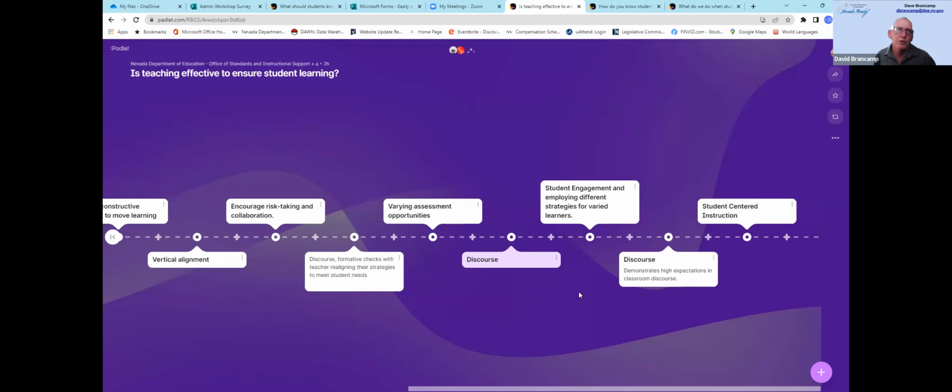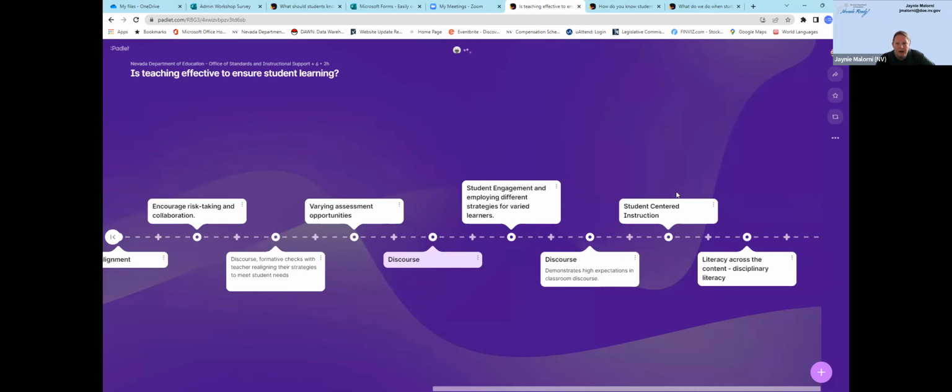But I think it also helps if you plan well, so you're not up there doing all that talking like we are right now. Exactly. We're getting you guys involved so that they can be part of this. I think there was also some critical ones with risk taking, collaboration, and then student centered instruction. Right, we know these are positive things. We know these are things in the classroom, but we do need to make sure we remind our school staff that these are really critical learning pieces that need to happen every day in our classroom.